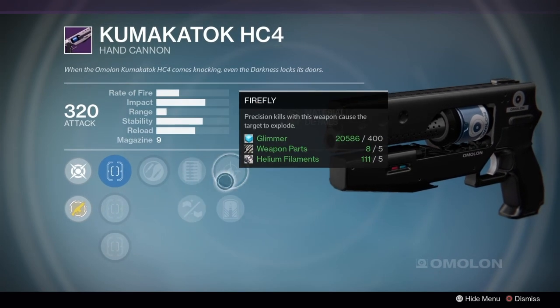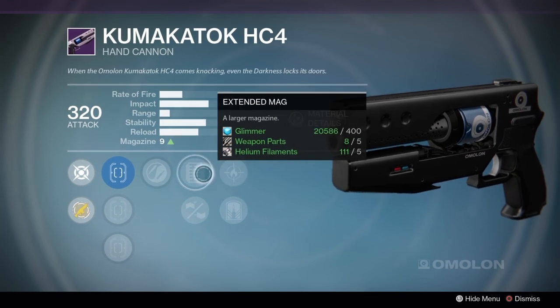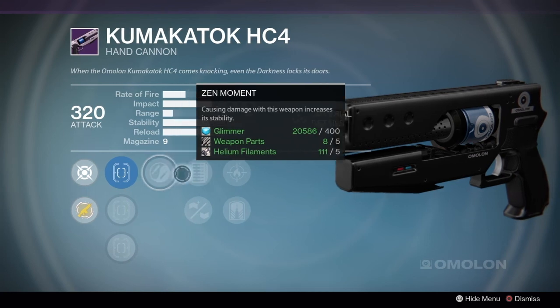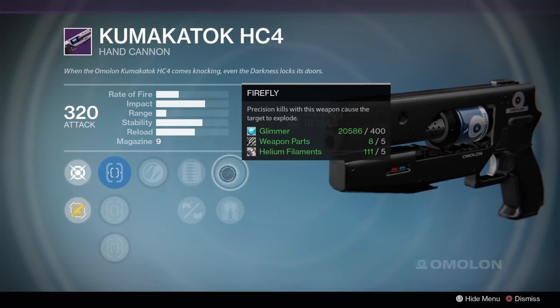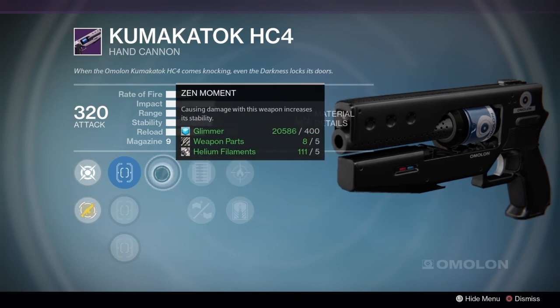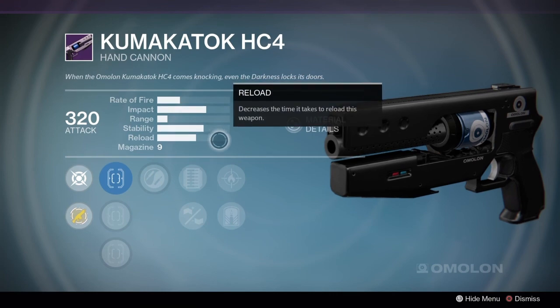So for folks wondering why I'm a little hesitant here, yes, we have Firefly, we have Extended Mag, and we have Zen Moment. Extended Mag is really handy for a Kumakatok. So is Firefly. Because the reload on a Kumakatok default is pretty good. Combined with hand cannon loader, you really won't have to worry about your reload speed too much. However,